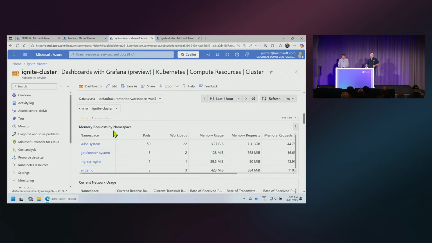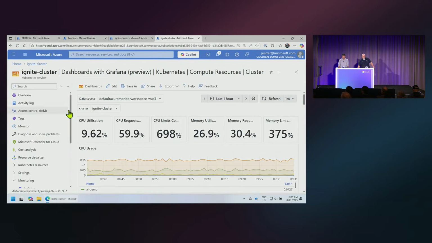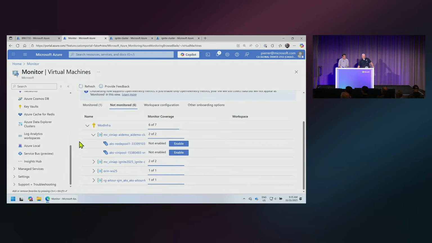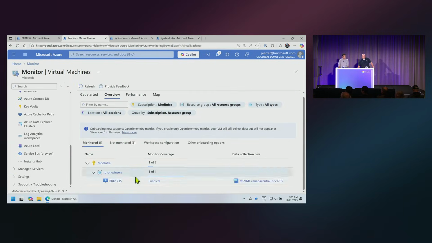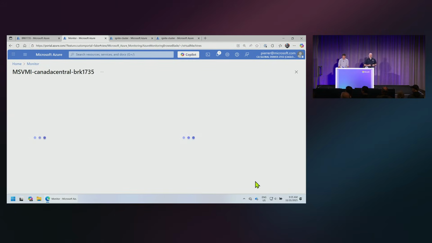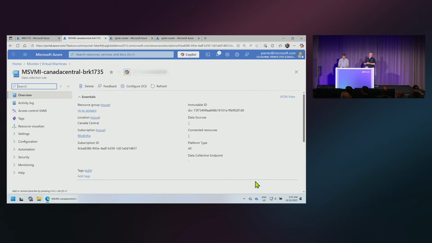Because when we're looking at onboarding different machines, if I go back to my machines here, there are data collection rules, which are very much the same on the AKS side, where you're telling it what to configure. And that has a direct correlation to how big the bill is going to be at the end of the month.